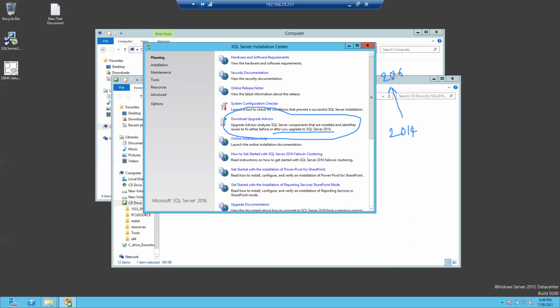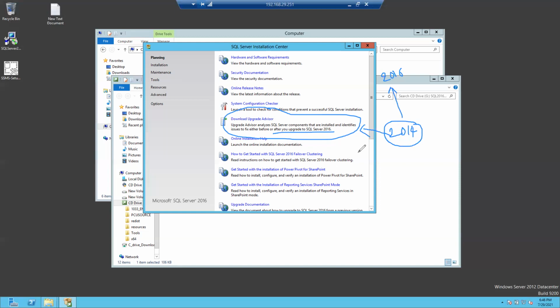Before upgrading, you need to run the upgrade advisor tool on the SQL Server 2014 box. When it runs, it shows whether any stored procedure or anything else needs to be taken care of. Are there any warnings or errors, and how can you fix them?